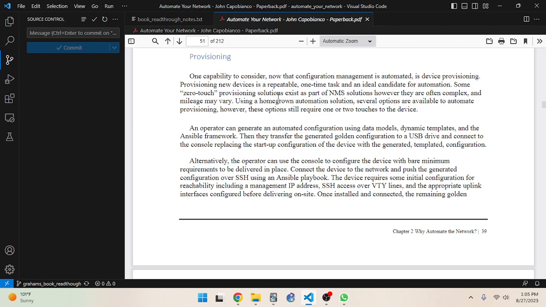So some zero-touch provisioning solutions exist as part of NMS solutions or directly on box, like for Arubas. However, they are often complex, and I agree with that. In my experience, for example, option 82 for VoIP phones is a form of zero-touch provisioning, but it's not standard unless it's an IP phone.